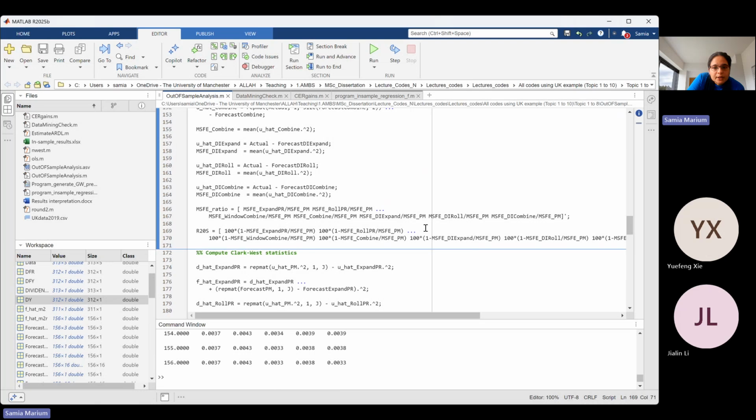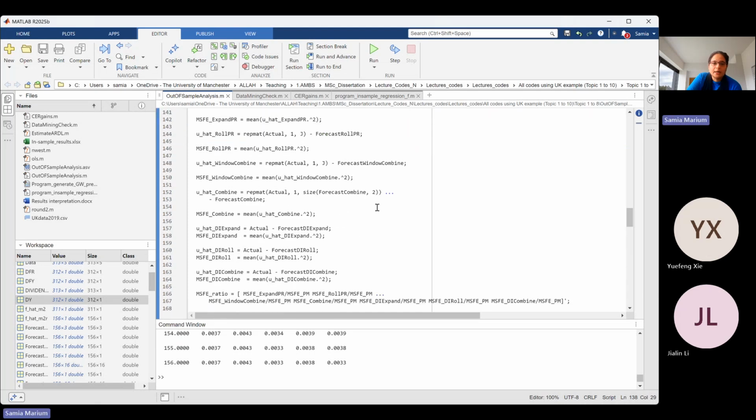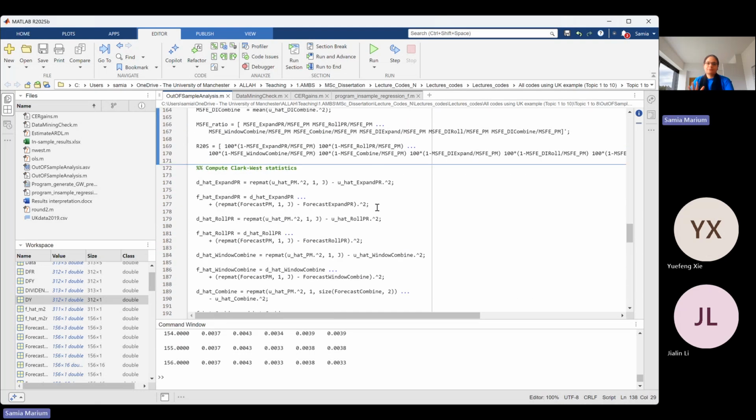Okay, so once we are done, now let's run this section. Okay, and it's done. Second, we have to compute the Clark and West statistics, okay? So based on the Clark and West statistics, what we do is that,